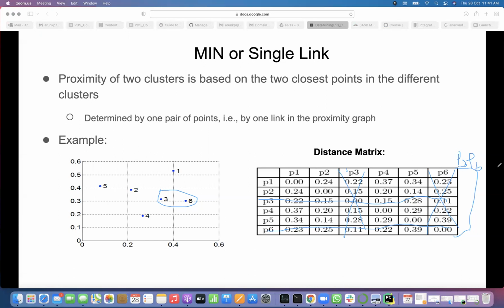So how many pairs? Only 5 clusters, so 5C2, right? The number of pairs you can select is 5C2. What is the 5C2 value? 10. Am I right? Yes. 5 into 4 by 1 into 2. Yeah, 10. 10 pairs you need to find out. So in how many pairs will we have 3 and 6?